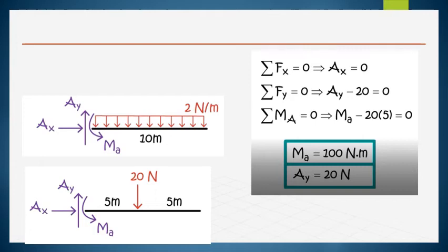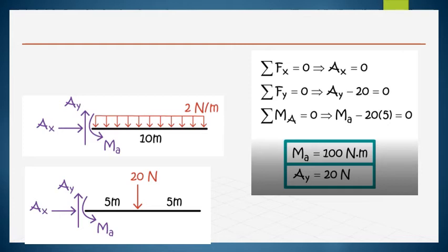So in order to find the moment, we have to convert it into point load. See here, sigma MA is equal to 0. 20 into 5. There are no other loads causing the moment. So only the force UDL, its total intensity is concentrated and acts at the center point. So from that point, our moment center is at a distance of 5 meter. So 20 into 5, another moment acting is the MA. So MA is equal to